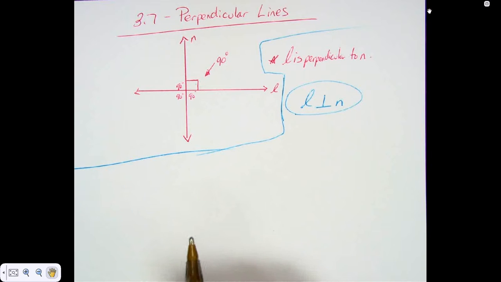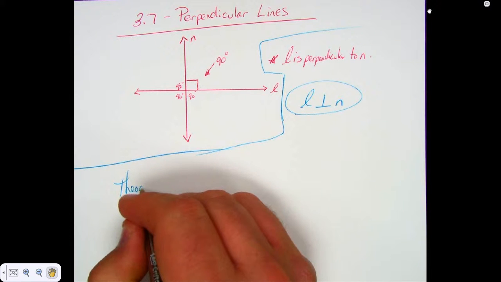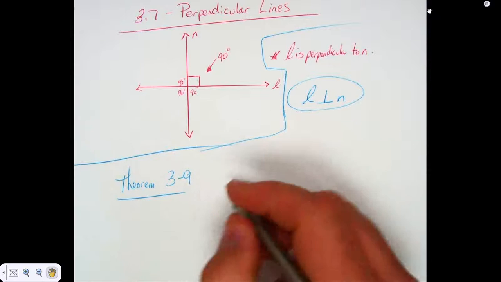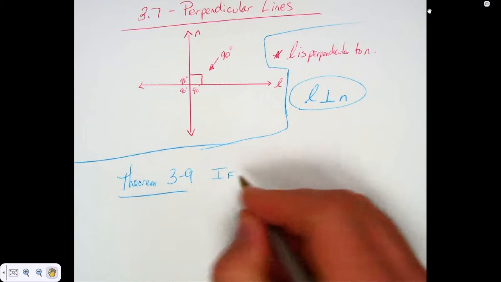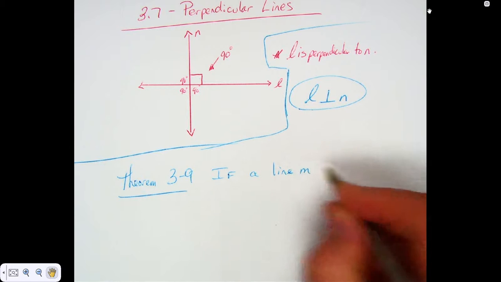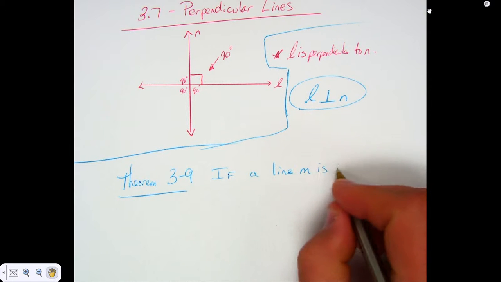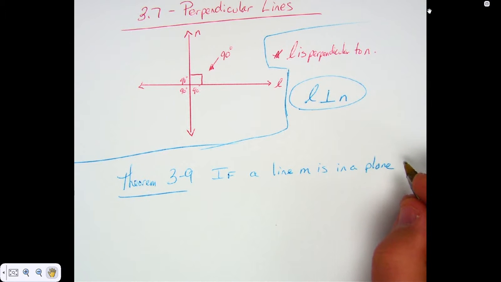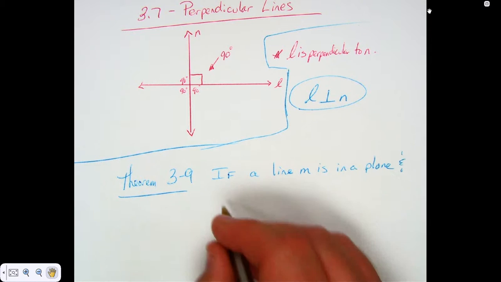The only other thing really in this section, believe it or not, is Theorem 3.9. Let's see if we can read this and understand what it's saying. It is on page 131. It says, if a line M is in a plane, and point T